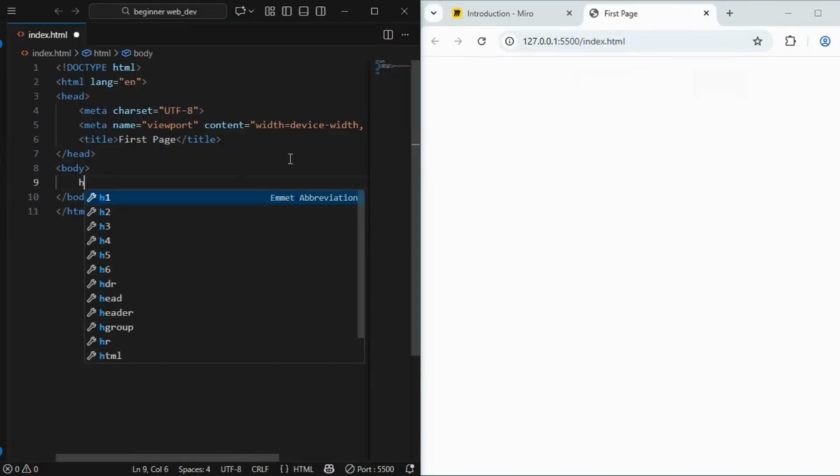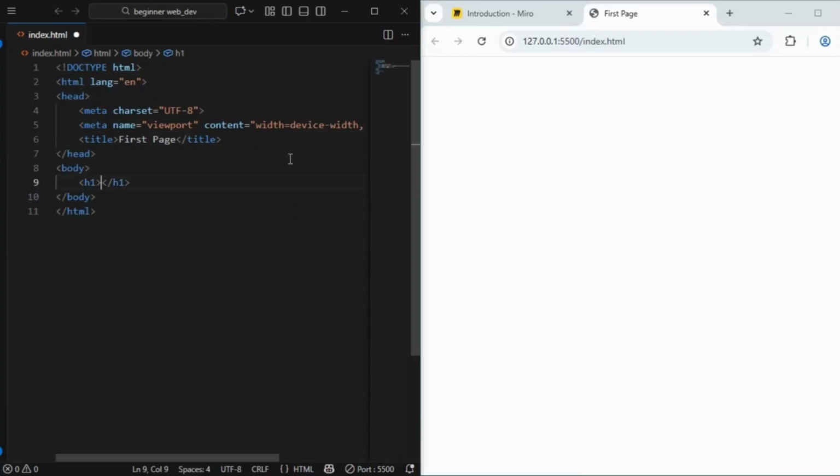For the heading I'm using h1, and the very good thing about Emmet in Visual Studio Code is that you can just use the tag name. You can simply press tab and it will bring you the opening and closing tag together, and then you can write the content. See, I wrote just h1 and then I'm pressing tab. So h1 for the heading